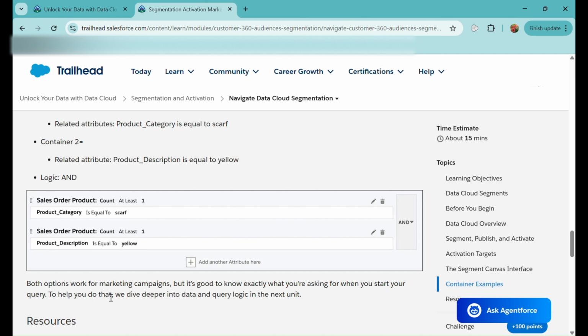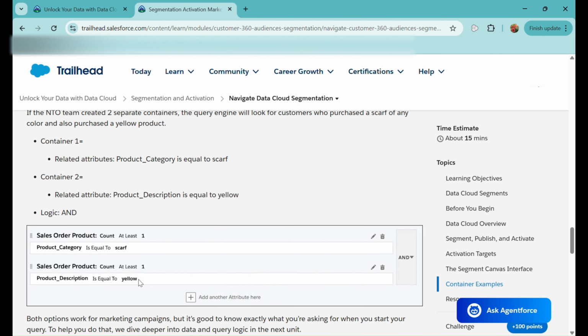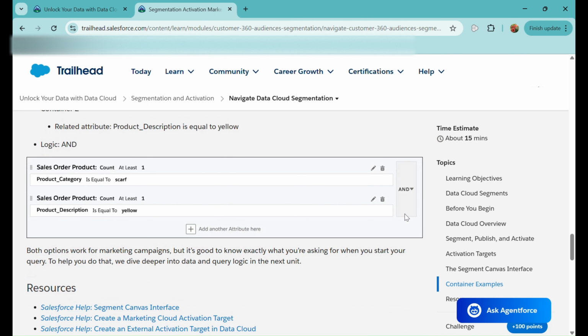Here it is just theoretical: we are segregating the data based on the product description. If the product description is yellow and the product category is scarf, then we identify the yellow scarf from these filter criteria. That's how you can do this. And you can see here it is AND as well, so you can utilize AND or OR to do your filtering.